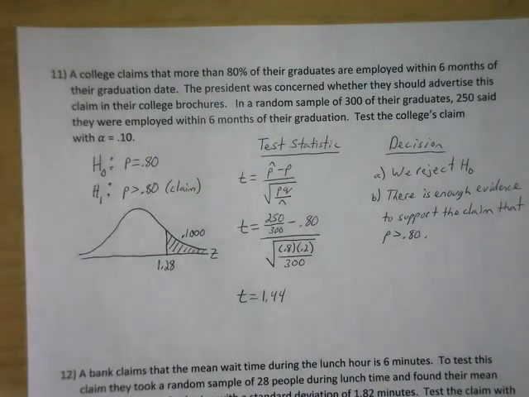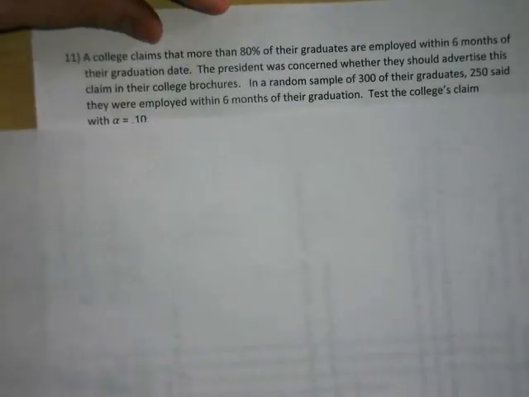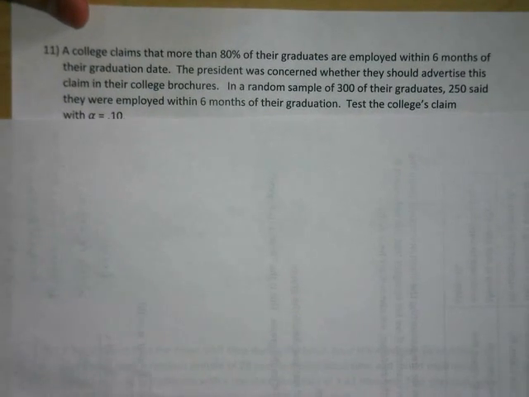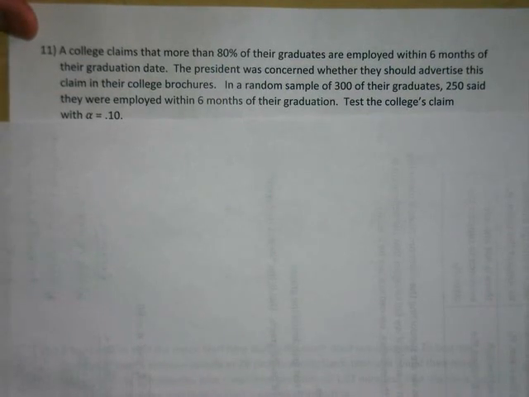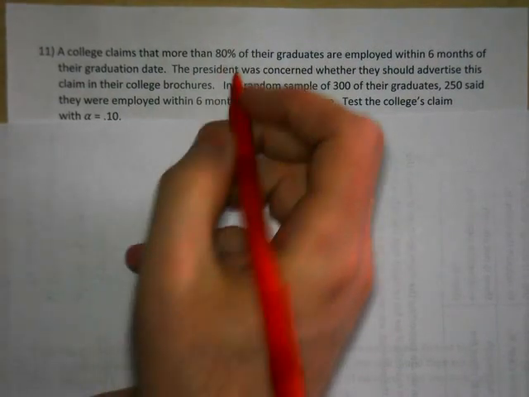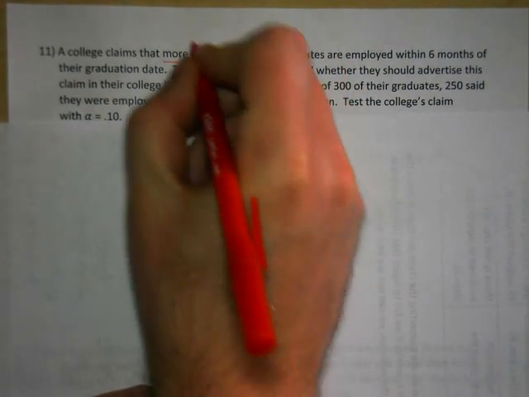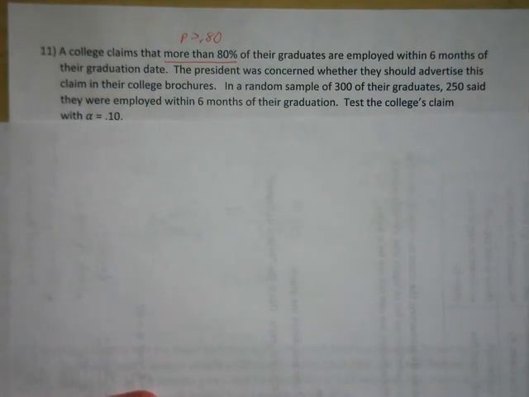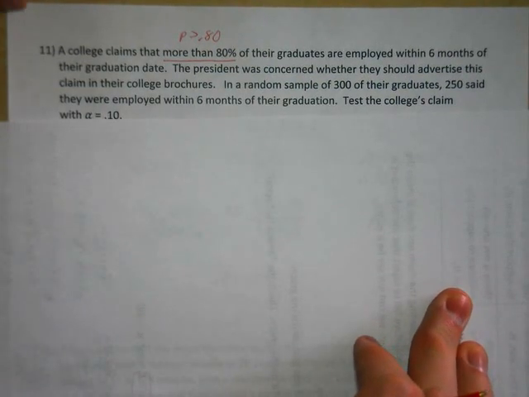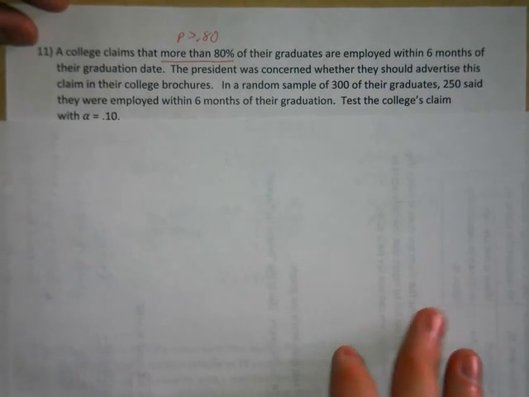Okay, moving along here. So I'll let you read that one. We're dealing with percentages here. So we're dealing with P. The significance of that is we're always going to use a Z. So when we make our hypotheses,